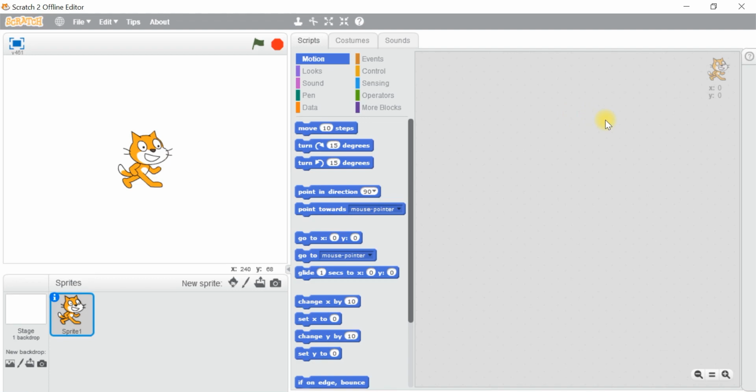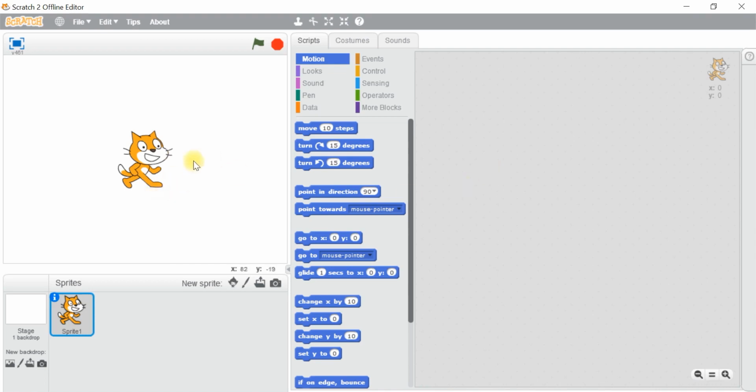Now we are going to see the first concept, what is Scratch, and recalling the Scratch interface. Scratch is a programming language that allows us to create animation, games, and interactive stories. Scratch can run on different operating systems like Windows, macOS, and Linux. It provides an environment in which we can simply drag the blocks and create programs. It's very easy to create, and I'm sure you'll have fun while learning this programming language.